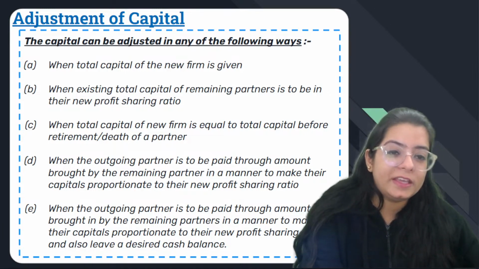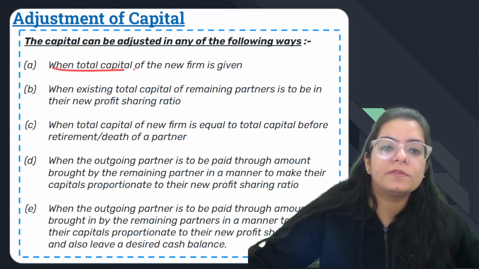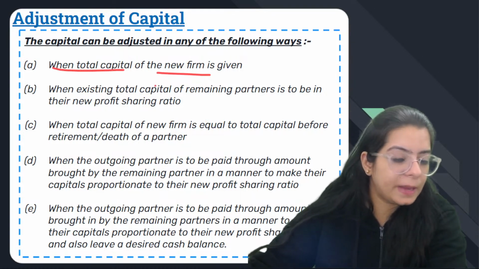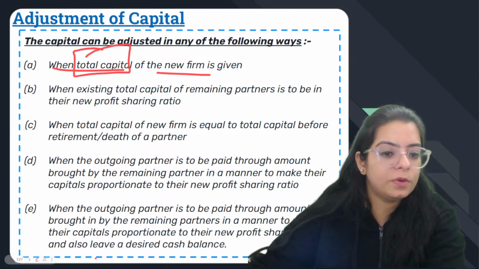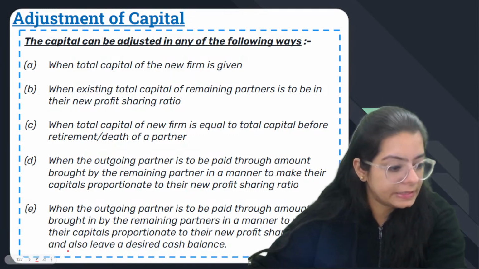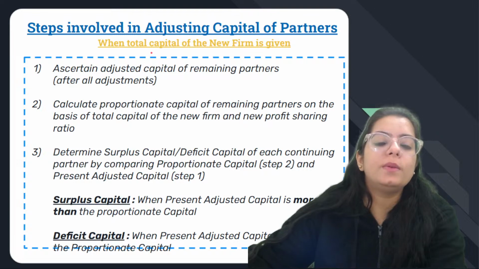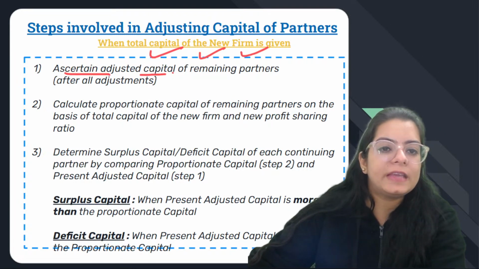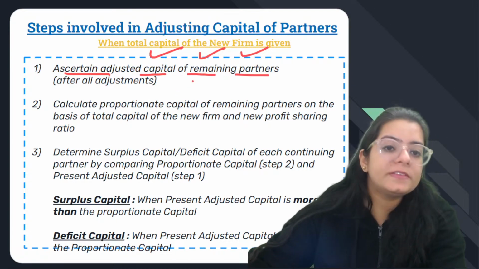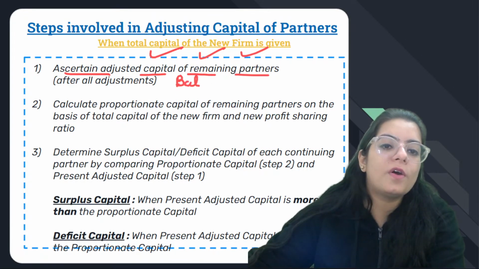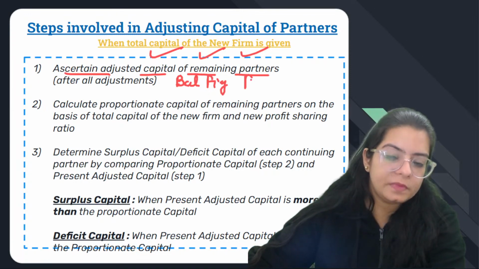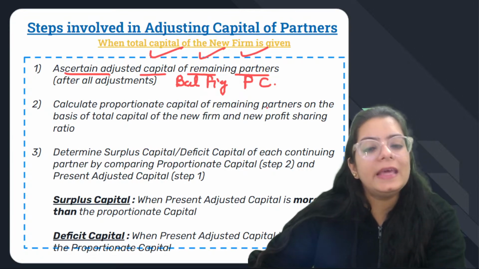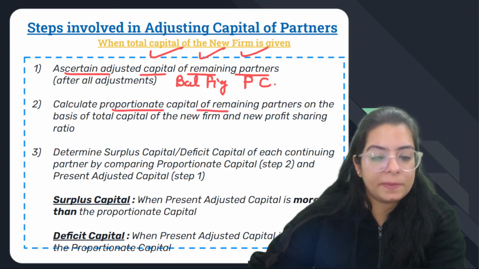सबसे ज्यादा रिटायरमेंट नहीं है। सो पहला केस है व्हेन टोटल कैपिटल ऑफ द फर्म इज गिवन। सो समटाइम्स आपके पास क्या होता है कि कभी कैपिटल आपको दे देते हैं, वो जो कैपिटल क्वेश्चन मांग रहा है वो कैपिटल दे देते हैं, तो उसमें क्या करना है। केस 1, व्हेन टोटल कैपिटल ऑफ द फर्म इज गिवन, first step is find the adjusted capital of remaining partners। first step is find the balancing figure of partners capital, then find the proportionate capital of remaining